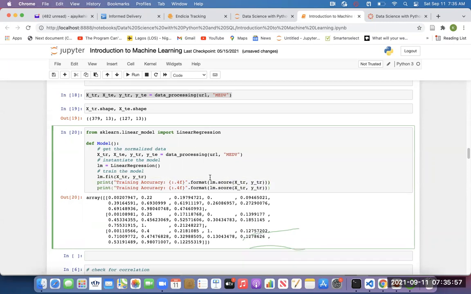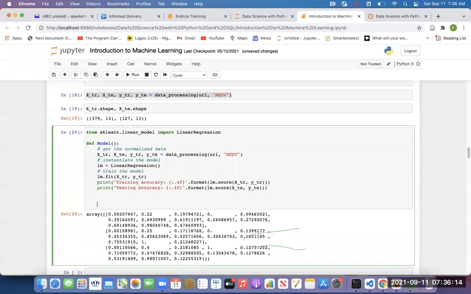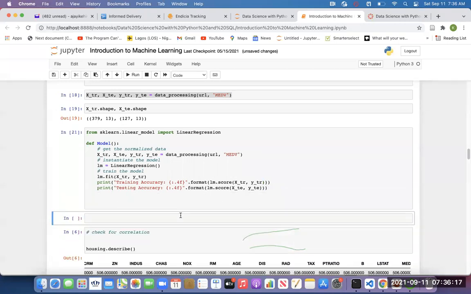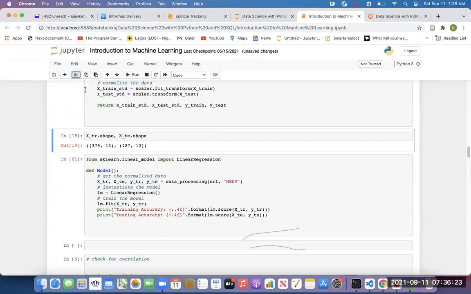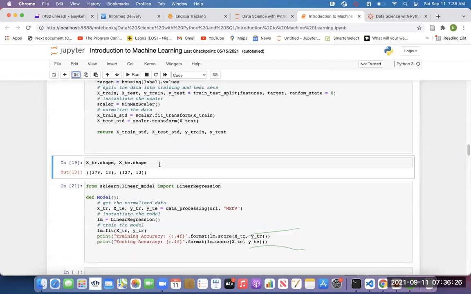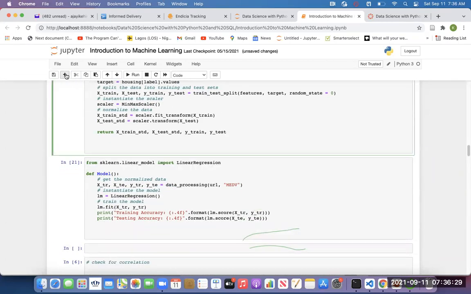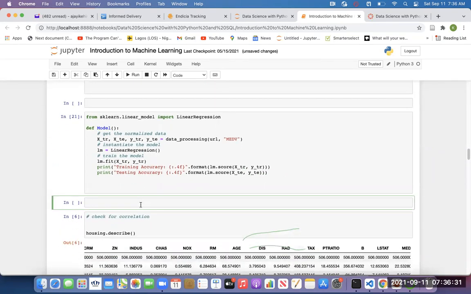But remember, in real life, this second one is supposed to be validation, not testing. Okay? So I will just change this to be X test and this to be Y test. That's all. Let's run this. I just need to call the function, which is the model. In that case, we will not need this one again. I only showed you before just to see it. So let's just call the model. Once I call the model, this one calls the previous function. That is it.